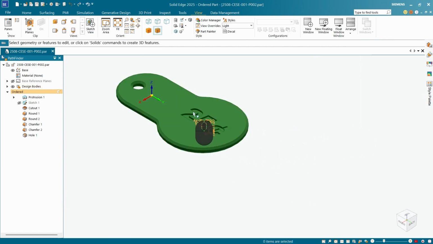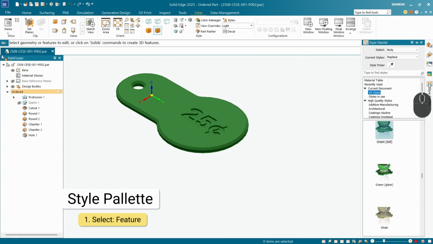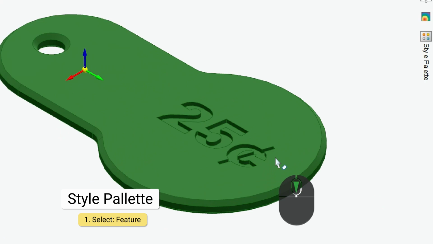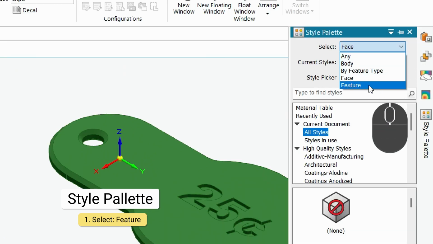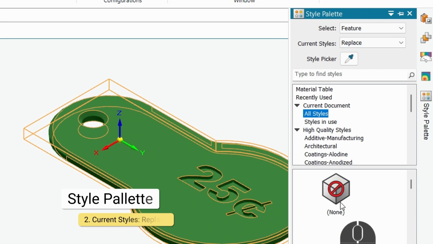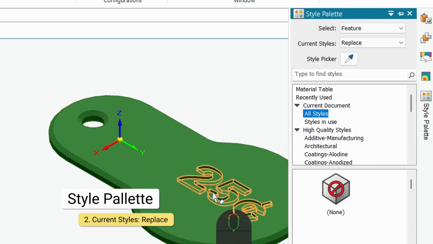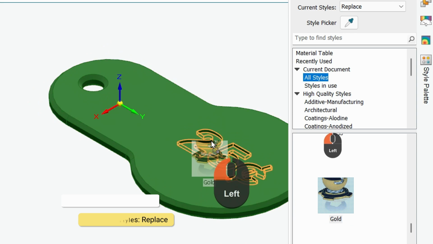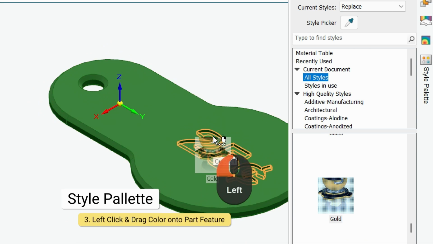Then for the 25 cent, we could do that a couple of different ways as well. So we can go back to the style palette. I'm going to zoom in on the part. We can choose feature. And now, if we go here, we can get gold, drag it, and you can see the whole 25C feature has been highlighted. So if I let go,